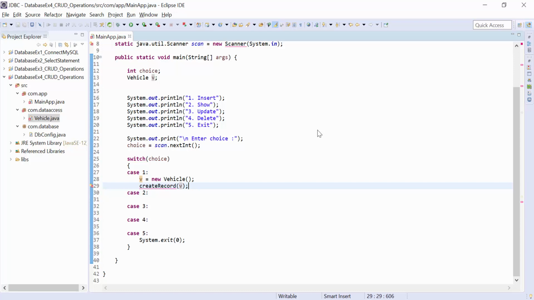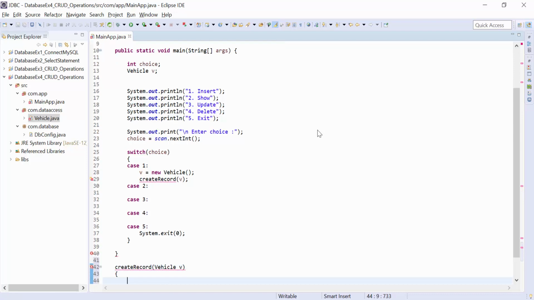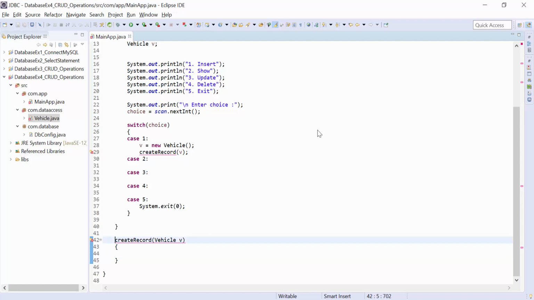So now here we write create record as a function. It accepts a Vehicle class object. This we write as static void create record, and now ask the user to enter some details of the vehicle. So what do we ask? Here we ask to enter vehicle ID.